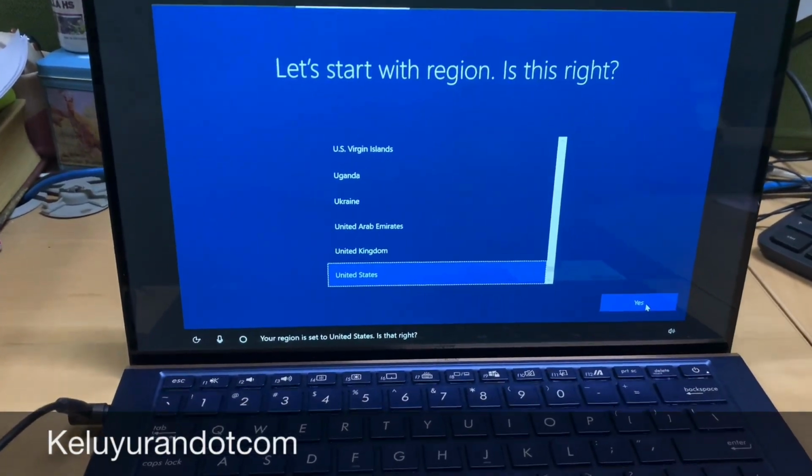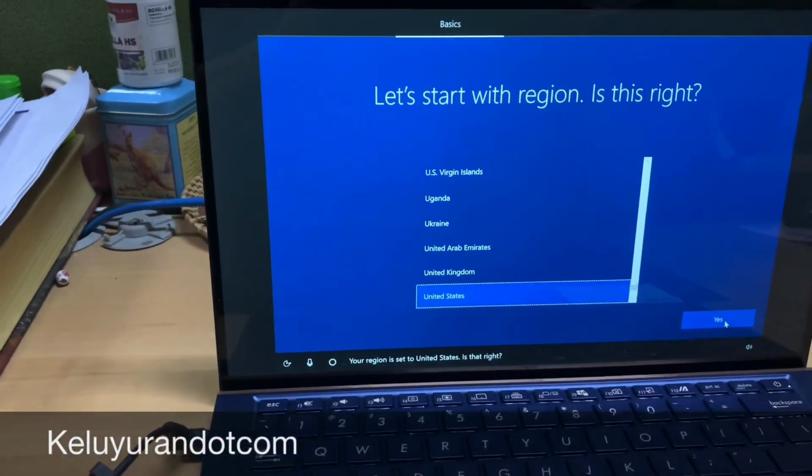Your region is set to the United States. Is that right?